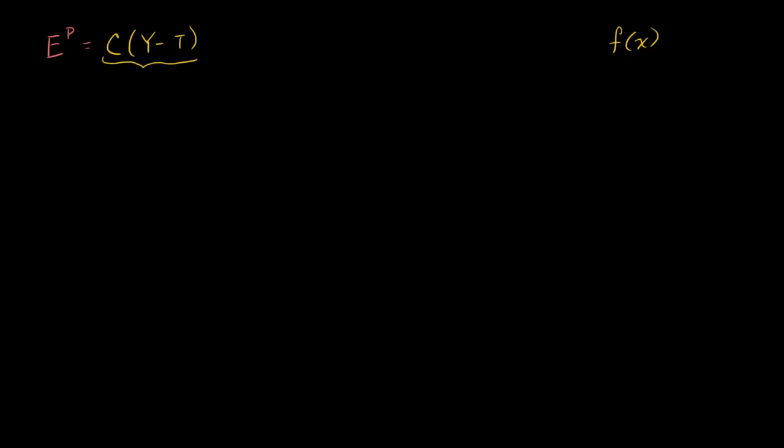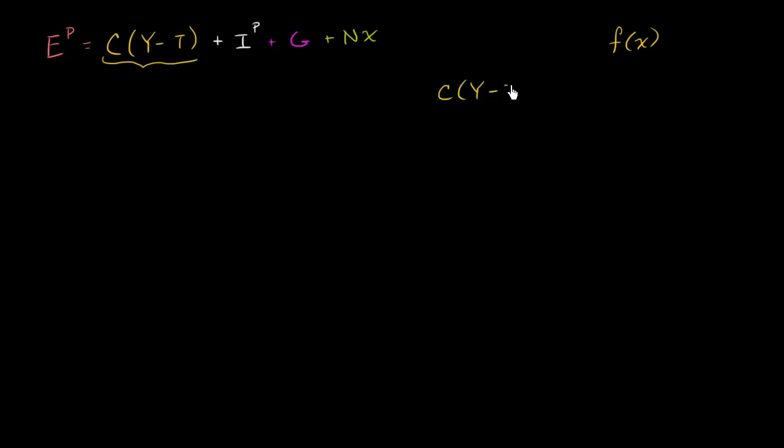So it's going to be your consumption function plus your planned investment, which we're going to assume is constant, plus government expenditures, plus net exports. And a couple of videos ago, we had built some simple models for a consumption function. So let's put one of those in. Let's say that our consumption function,